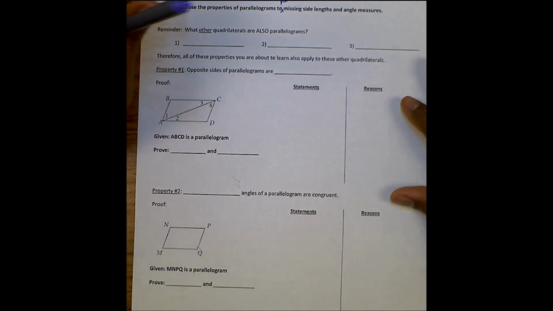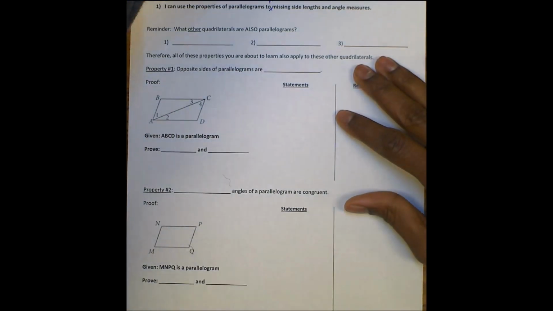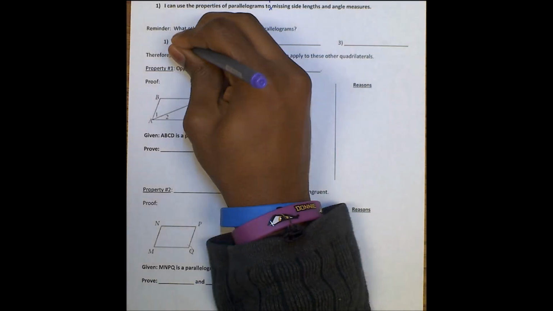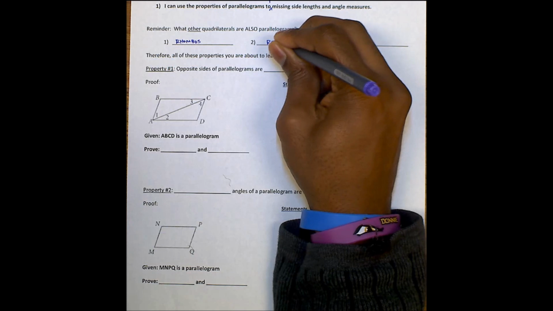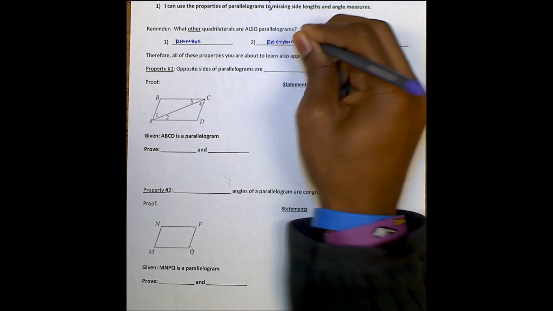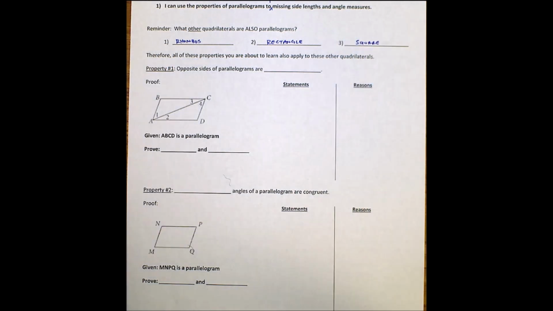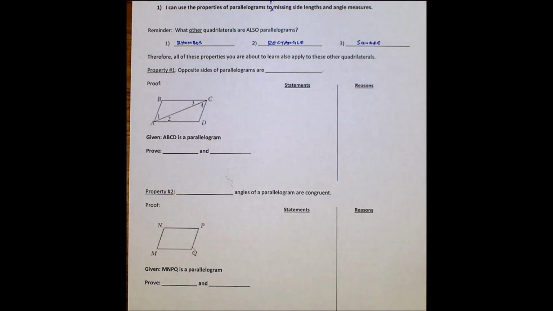So here's a reminder, when we talk about parallelograms, we are talking about all these figures. Parallelogram is a name that is an umbrella for rhombuses, rectangles, and squares. So rhombuses, rectangles, and squares all fall under the parallelogram family. So as we discuss these properties, these properties will be true in rhombuses, rectangles, squares, as well as